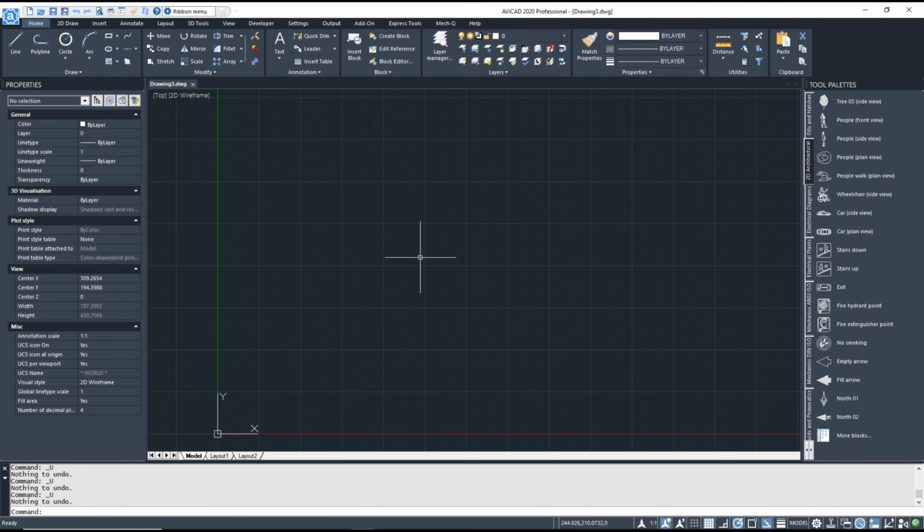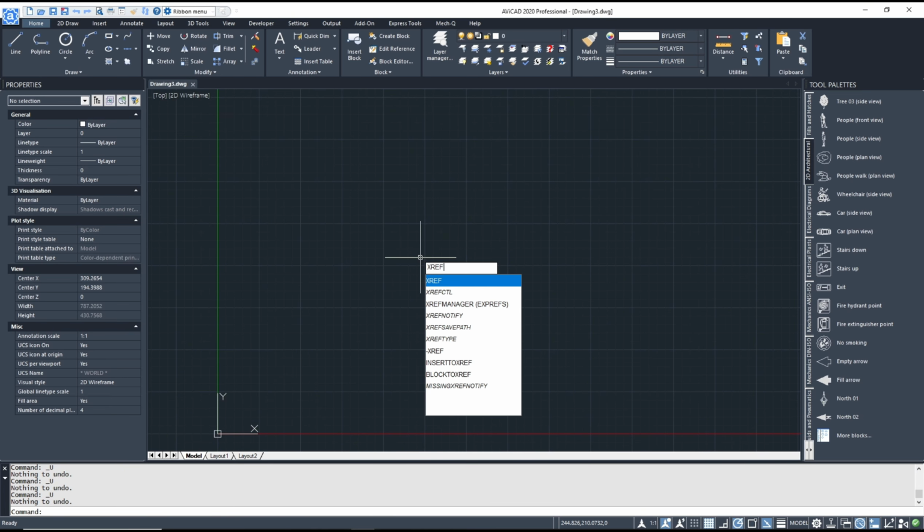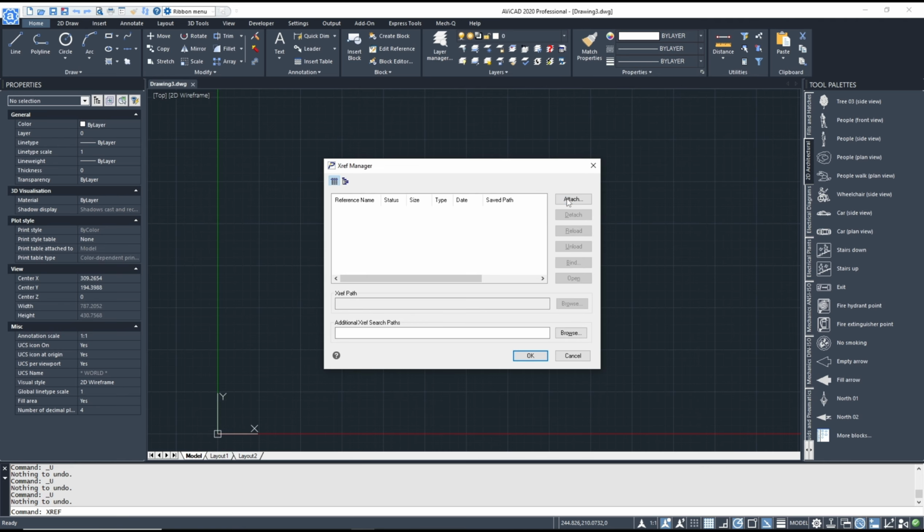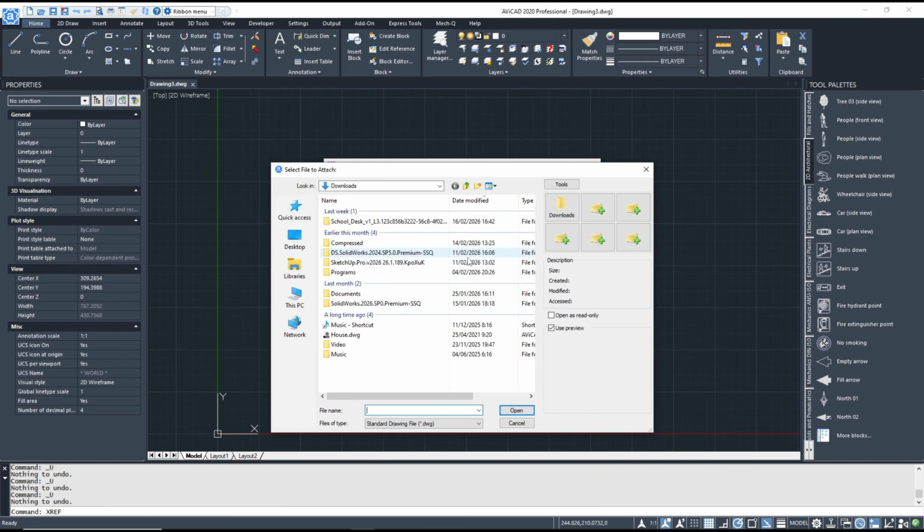Hello everyone, today we are going to learn a basic AviCAD tutorial on how to overlay drawings. If you want to overlay drawings, you can use the Xref command. Type Xref, press enter, and next you can click attach. Now search for your drawings, for example I will use this drawing, click open and